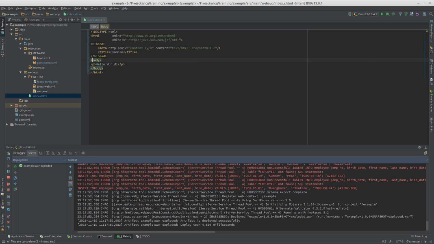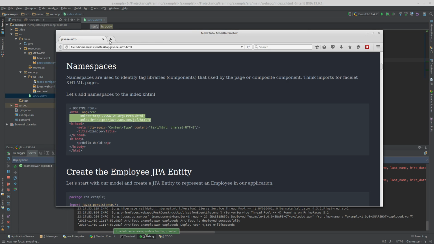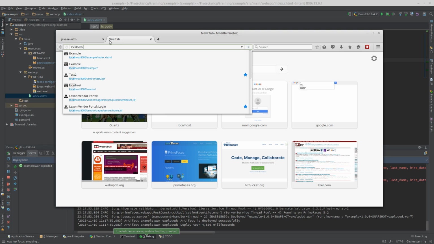So what you may be wondering is, well, why do I want to use the H to render the header and the body? Well, the reason we want to use JSF to render the header and the body is because once JSF's rendering it, any JSF components that are needed by the application, the resources that are required for those components can be automatically included in the header. So I'm going to go ahead and hot deploy that, and we will go ahead and